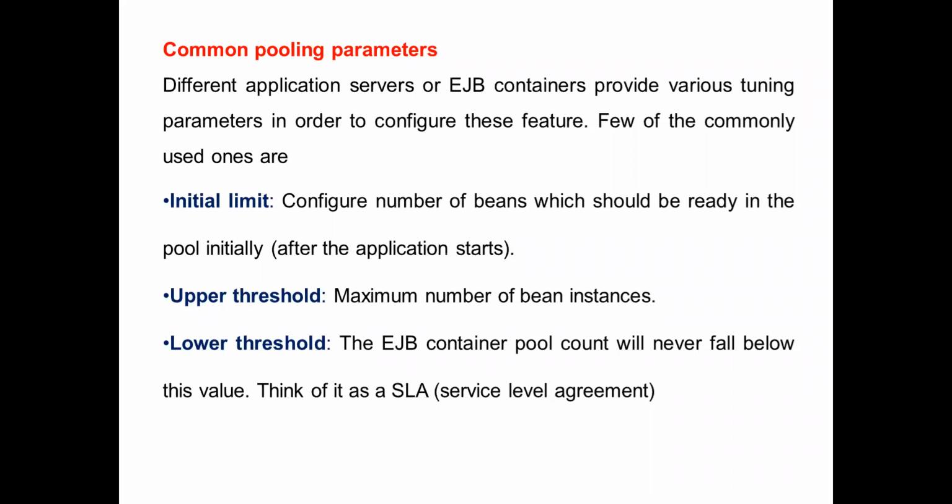So it is done by using a service level agreement. It means we fix that the EJB container pool count will never fall below whatever value you specify. That is what we call an SLA, a service level agreement. Whatever initial limit you mention, only then should it be executed. So these are the three common pooling parameters